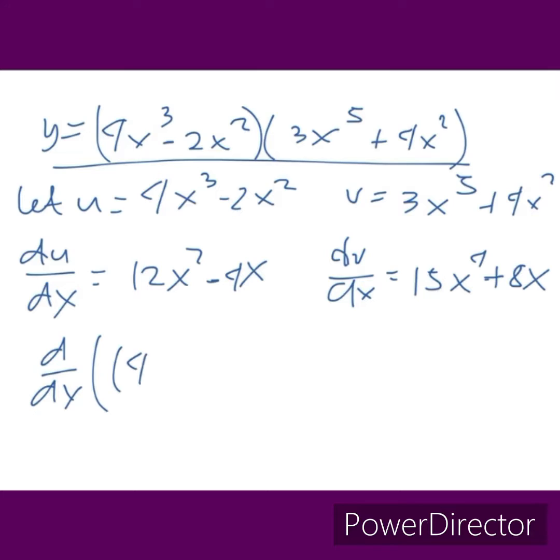Derivative of 4x cubed minus 2x squared times 3x raised to the fifth plus 4x squared is equal to the value of our u, which is 4x cubed minus 2x squared, times the derivative of our v, which is